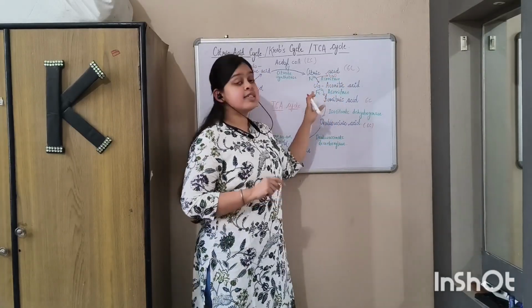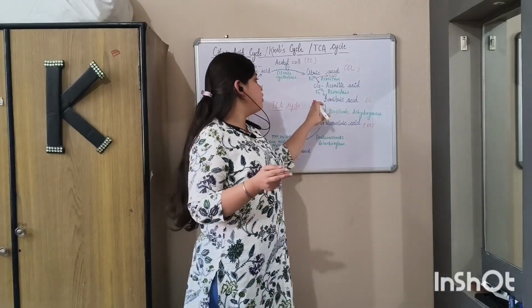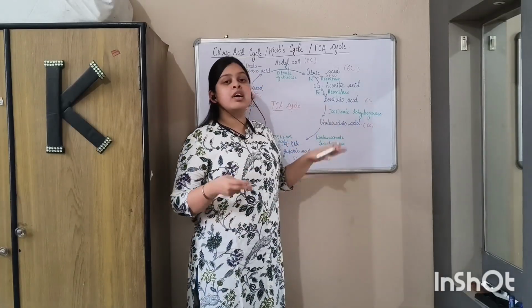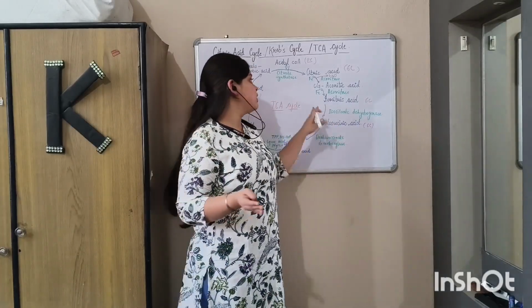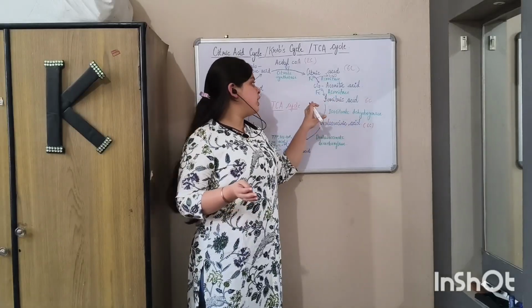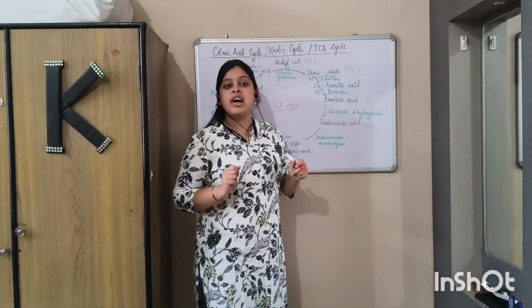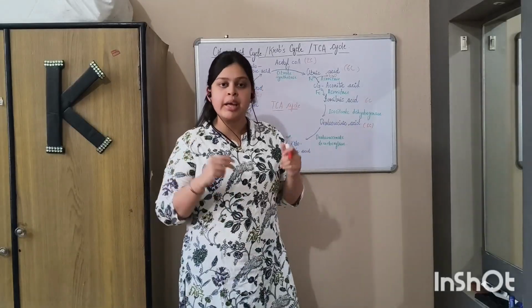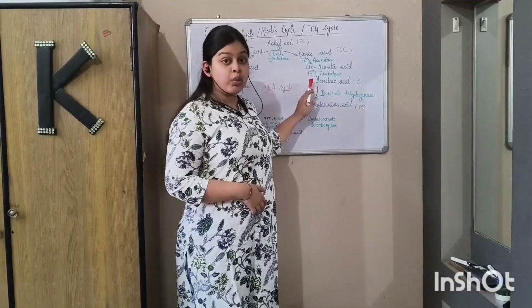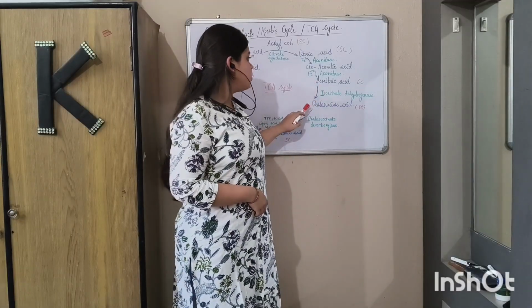Next, the cis-aconitic acid so formed will convert into isocitric acid. Again, the same enzyme is used, that is aconitase, and Fe2+ is used as the cofactor. But this time it is a hydration reaction, that means water will be added in the process. Now, the isocitric acid will convert into